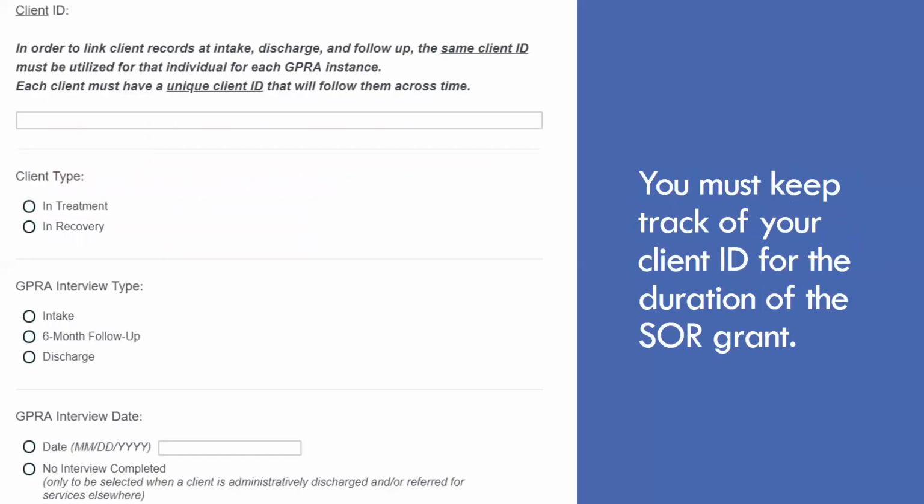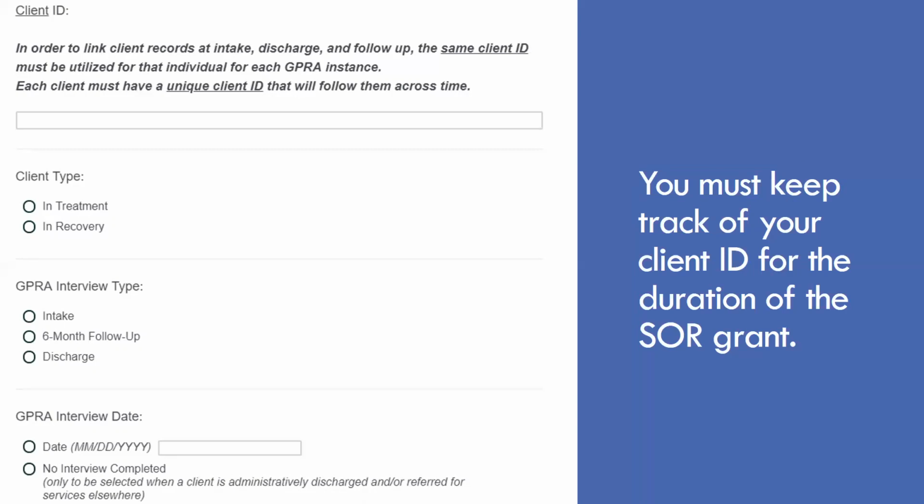We're also going to ask you for the client ID of your client. The client ID system was not standardized by SAMHSA, so each agency is developing their own client ID format. There are some rules. One is you have 12 alphanumerical characters that you can use to develop your client ID. You do not have to use all of them. I'm finding a lot of newer agencies are using 4-digit client IDs, beginning at 1 and consecutively going up. There are also lots of combinations with numbers and letters, but keeping them short and simple is your best approach.